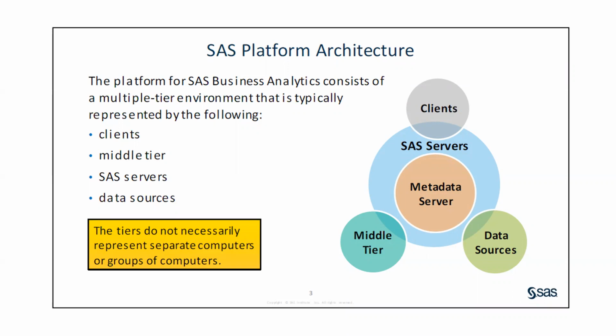Then there's the SaaS platform architecture. Just now I explained to you, right? We have four tiers: client tier, middle tier, server tier, data sources. All these four are interlinked with the metadata. That's why we call this metadata centrally located metadata. If you don't have the metadata, we cannot connect to the server, we cannot connect to the client, we cannot connect to the data source or any middle tier. All these are bound like a glue. The metadata here works as a glue. It connects to all the environments.